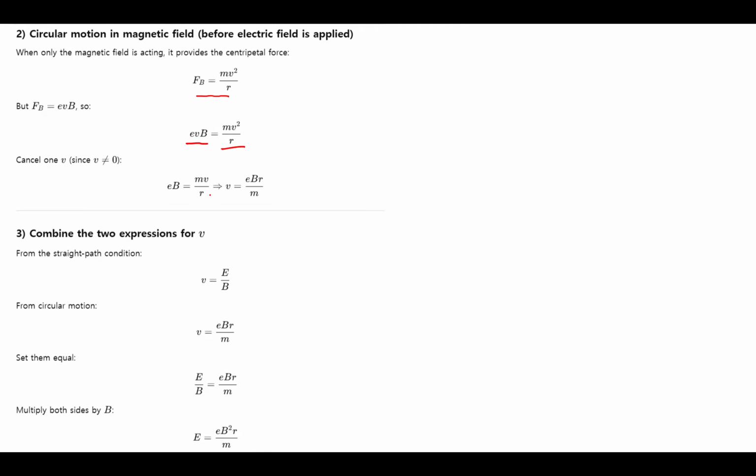In this case, B can be found. If you just plug in to here, you'll see that E over B is given by this one, so if you take the B here,